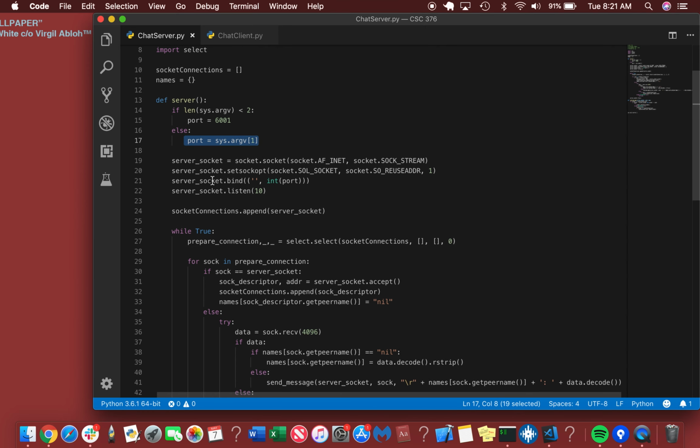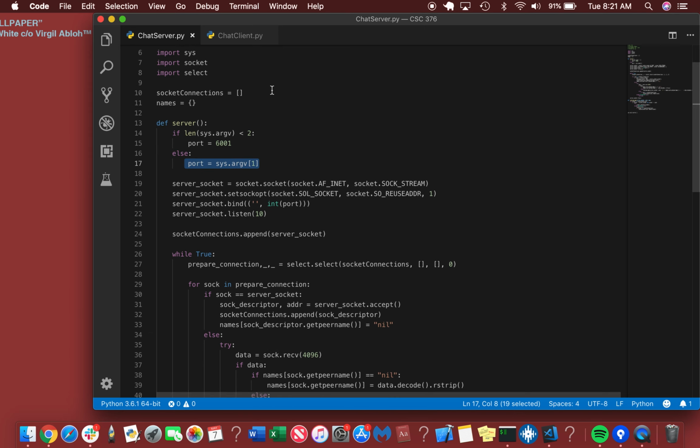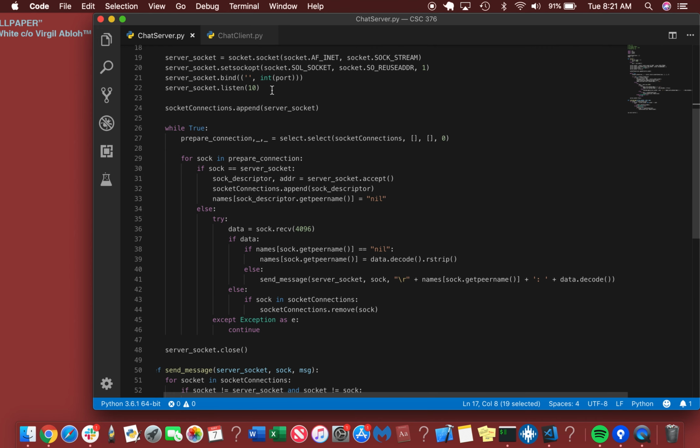And then we're doing all the basic socket setup stuff here. We're setting the socket options, we're binding the socket to the port, and we're listening. And then here, we are going to append the server socket to the connections. And while this is true, we're going to create this variable prepare connection, which is going to take in the